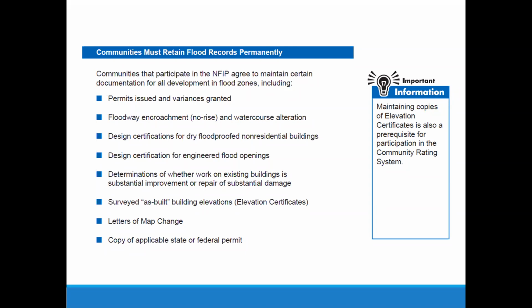She took that cardboard box and she walked around the office. Does anybody know what this is? Well, nobody else knew what it was. Since nobody else claimed that box and nobody said they knew what it was, she threw the box away. The box had all her flood maps in it, all her permit records, everything. Then that community got audited by FEMA and had no paperwork to show FEMA for the audit.